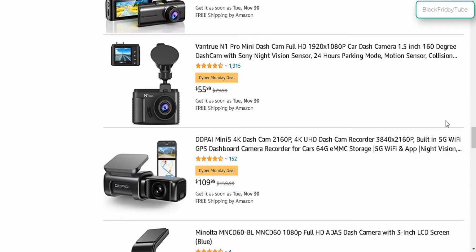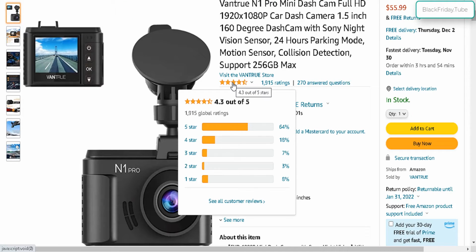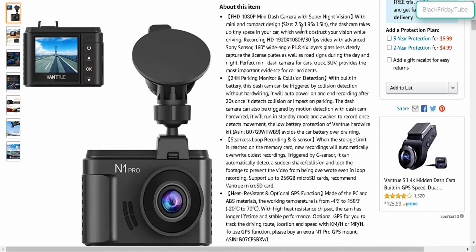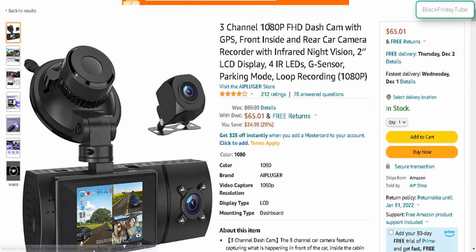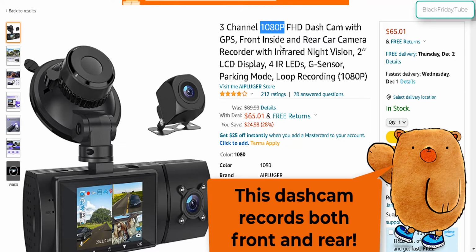The cheapest option is this one right here, the Ventrue N1 Pro for $56, $23 off, available this Cyber Monday. Let's check it out. It's got a fantastic review, 4.3 out of 5, 1080p with 24 hours parking mode. It even got night vision, parking monitor, and collision detection, seamless loop recording, and basically has all the features you need. And the next best option is the AI Plugger brand, also 1080p full HD with all of the features